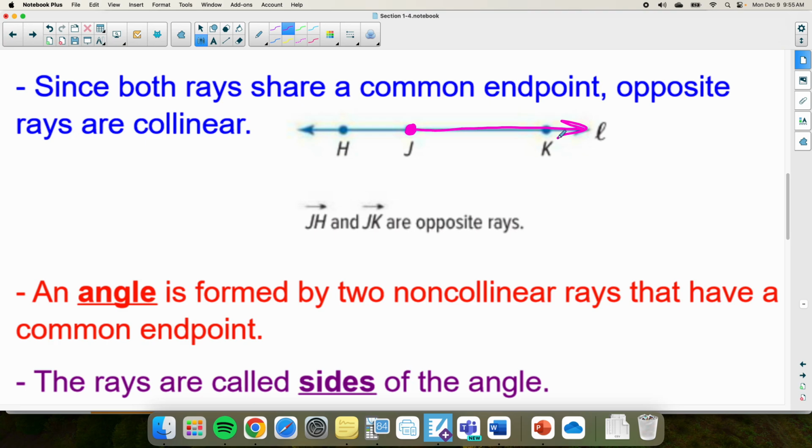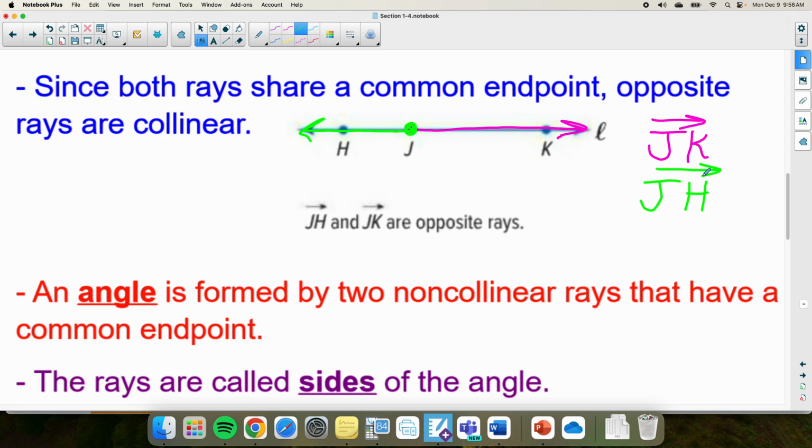JK. Doesn't J have to come first? Because it's the end point. So in pink, that ray is JK. Then we have a second ray here that starts at J and goes in the opposite direction. Now when I name that one, is it ray HJ or is it ray JH? JH, okay? And that one, even though it's going towards the left, I draw the ray here to the right,